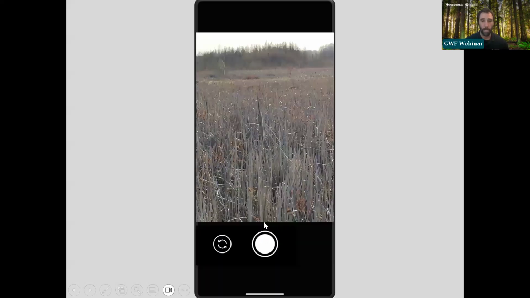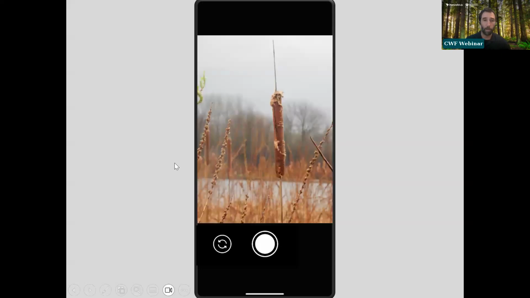to bring up this screen that allows you to take a photo. This is going to bring up your camera. Now here we're looking through the camera of your phone into the wetland. This is an okay photo, but not really great. We can see that there's cattail right here, but it's basically a wide open landscape of all this marsh habitat. So something like this is much better, where you can focus in, get a real photo of the cattail head,